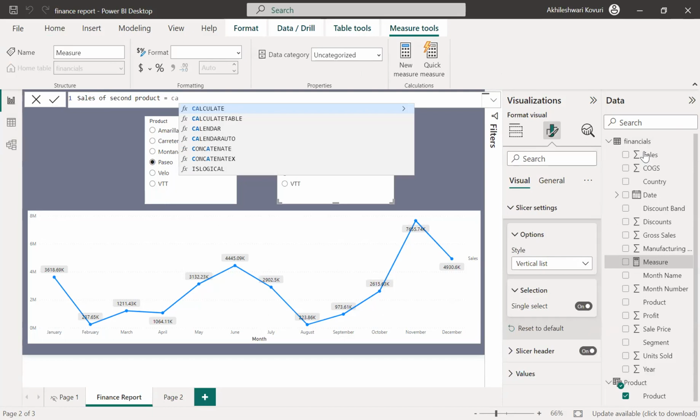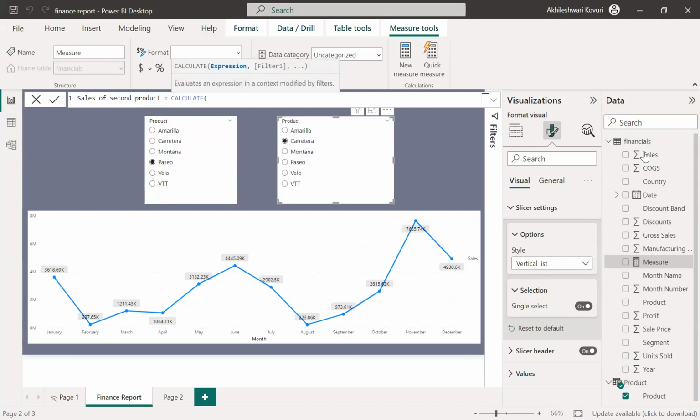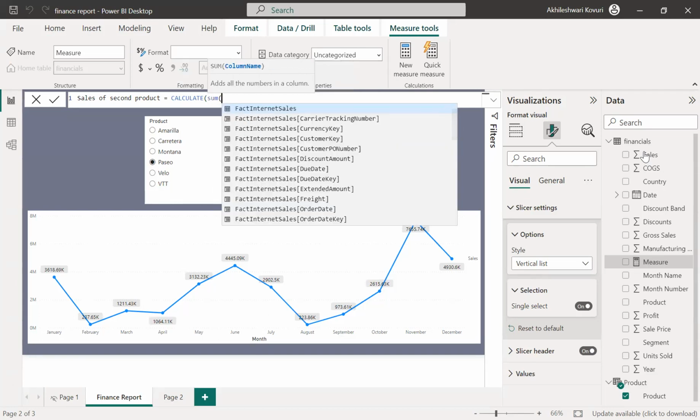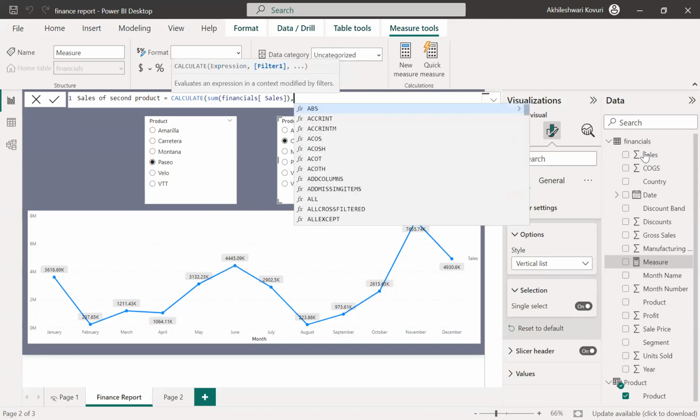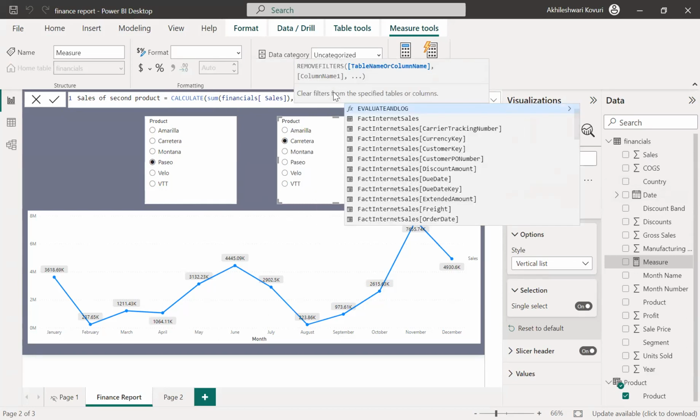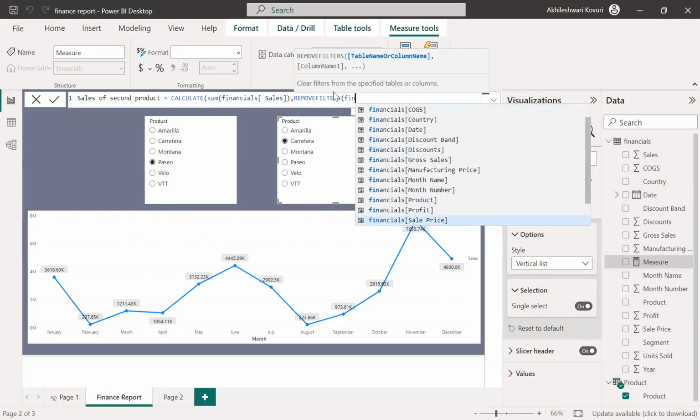Now I'm calling the super function, CALCULATE, the very super function, right? In the CALCULATE function, I'm calling the sum of financial sales, which will give me the total sales, comma. Now I should remove all the filters on this financial table first, because the first product is from this financial table. Whenever I select this, the entire table will be filtered on top of this product. So first I'm calling REMOVEFILTERS on the financials table's